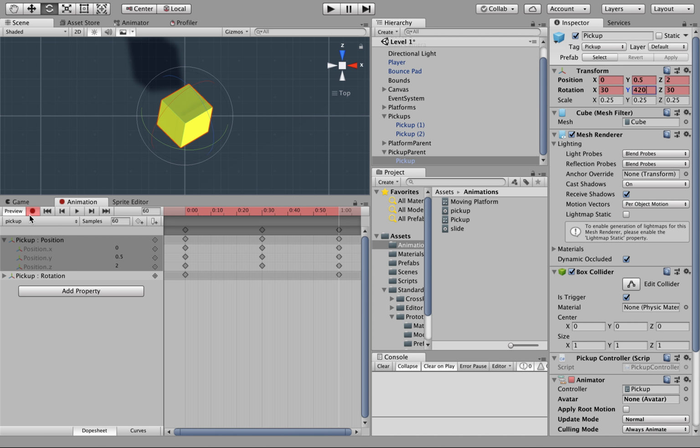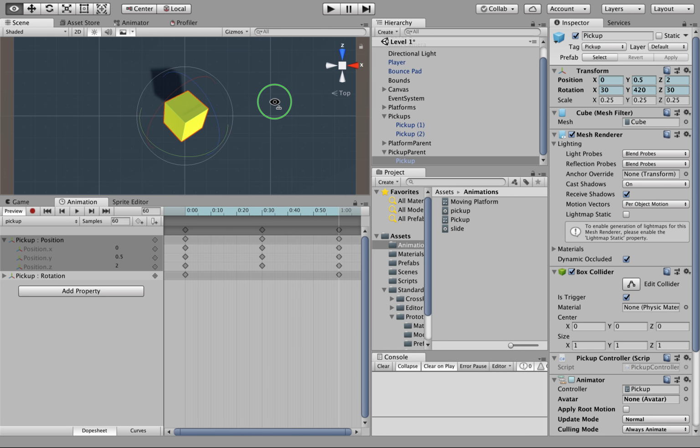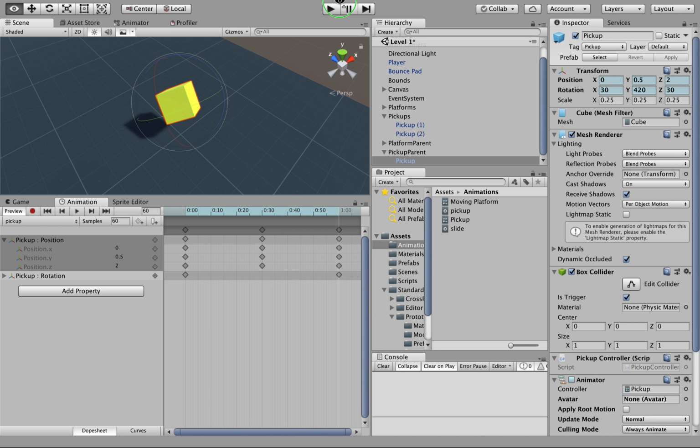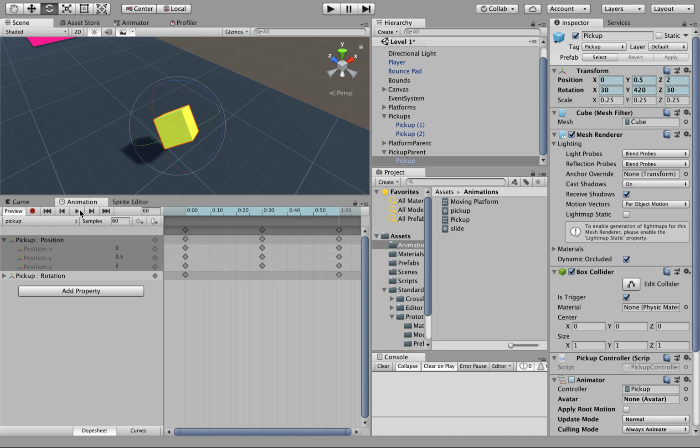Okay, and then exit record mode. And so now, if I put this back in a bit of a better view, we should see that playing the animation bobs it up and down fairly quickly, and it spins. But if you look at how it's spinning, I know it's not super apparent on my screen, it's not spinning very smoothly. It speeds up and slows down, and we just kind of want it to continually spin in a regular pattern. And so we need to go into the curve sheet at this point